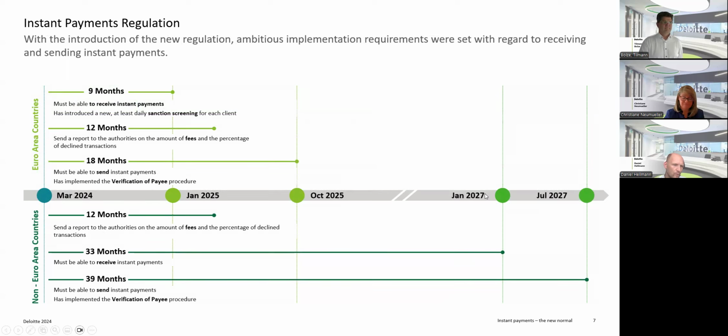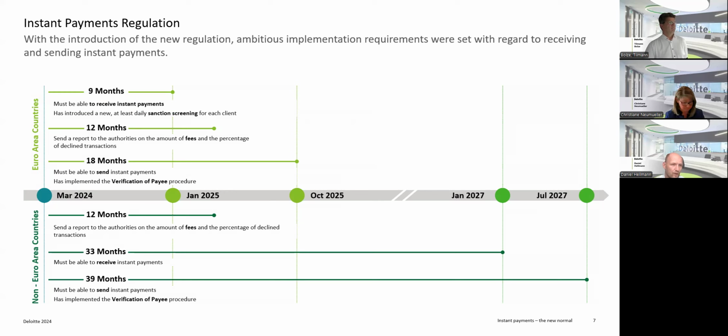It's important to know the months that are listed here are starting in March. So we actually have to subtract almost 3 months here already. So when we look at the instant payments regulation for the payment service providers in the Euro area, we can see that they must be able to receive instant payments already on the 9th of January, which is a short time, and also have to have the daily sanction screening for each client